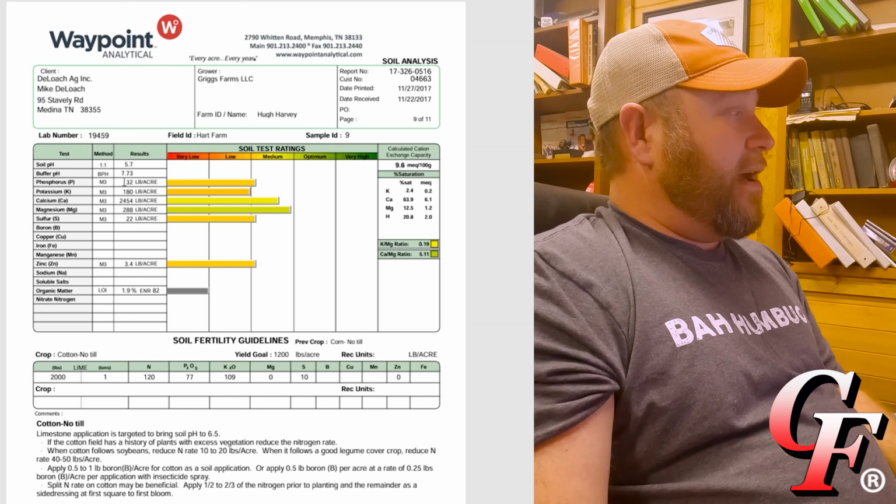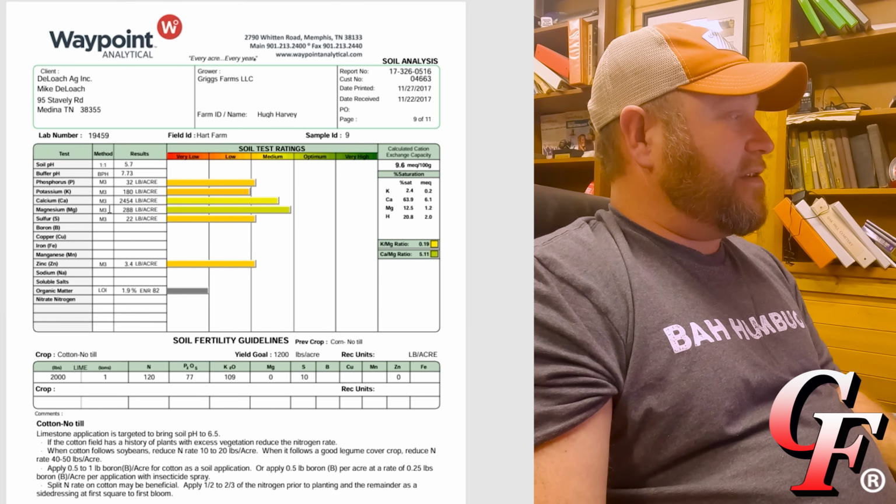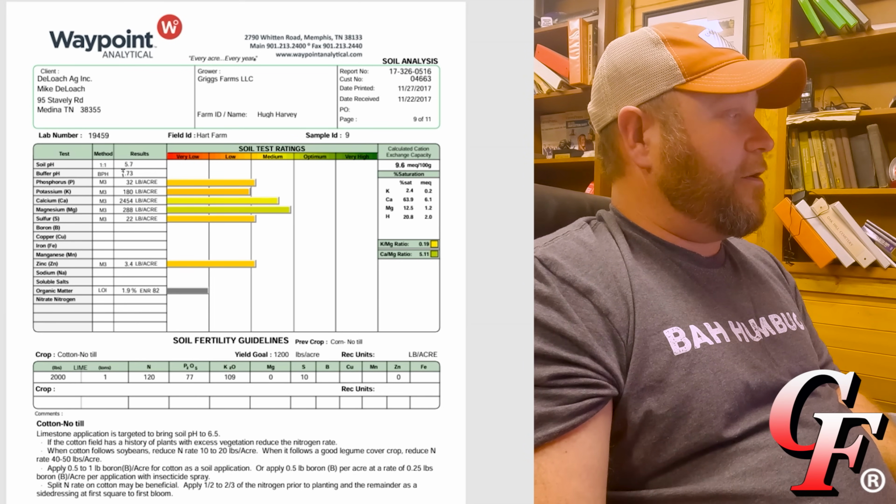So if you test, say, every 5 years, your pH might have dropped back down to a lot lower level, and you're going to have kind of a yo-yo effect. So I found out that soil sampling and liming about once every 3 years keeps your pH pretty nice and level. Now, after looking at the pH, the next thing we're going to start looking at are your macronutrients,